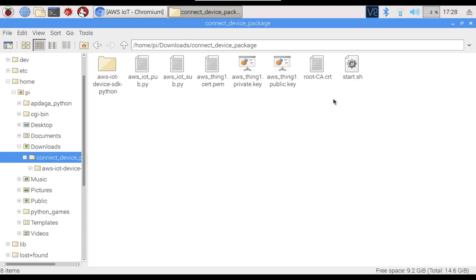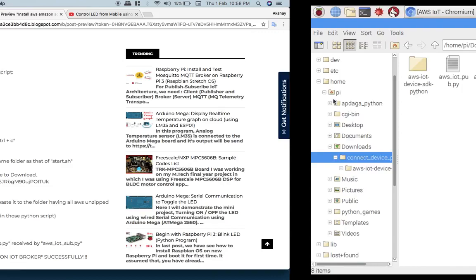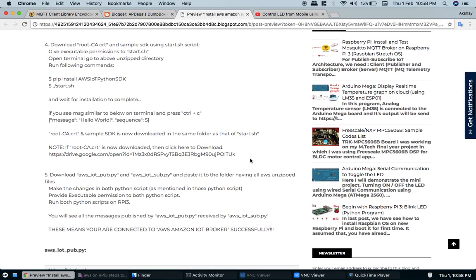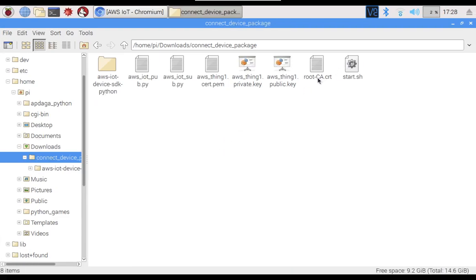In case, because of any issue, you are not able to download this root file, you don't have to worry. I'll provide a link here from where you will be able to download this root.ca file. It will be the same for all, but you have to keep in mind that this private key and public key are for authentication purposes. Do not share your files with any other person.